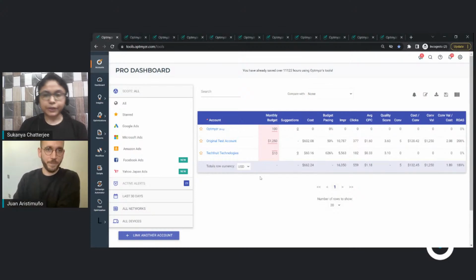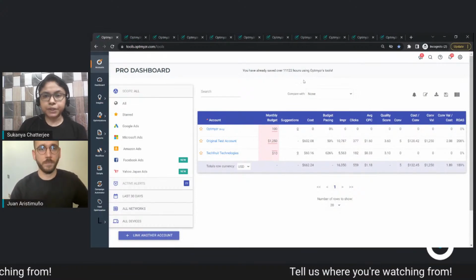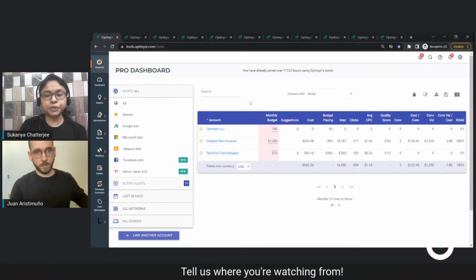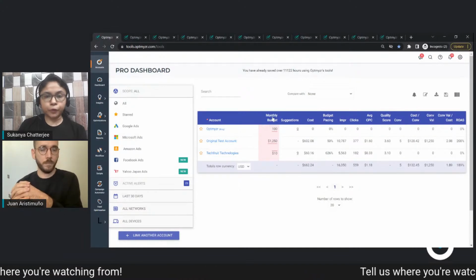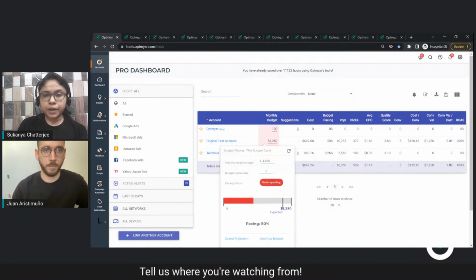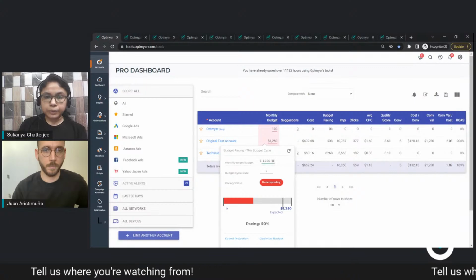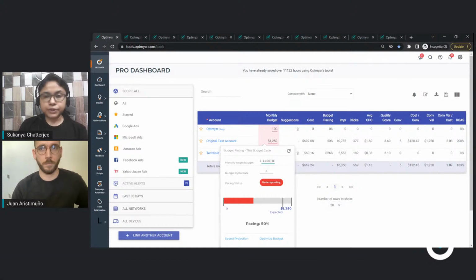Yeah. Great. So as Juan rightly mentioned, today we'd start with how you can track your budgets, your monthly target budgets. So from the MCC dashboard in Optmyzr, where you'll be able to see all your connected accounts, you can hover over the monthly budget column against any of these accounts, and this pop-up window comes up. Here, you can edit this value of the monthly target budget to a value of your choice, and then you can also do this in bulk from this option over here, bulk edit accounts details,